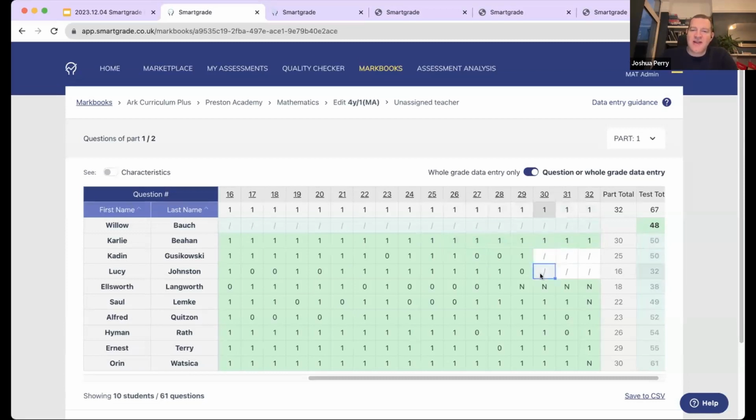Another thing I want to show you is we have this concept of an N grade. You can see we've got an N grade used for a few students here. I'm going to put some in for Lucy here. N means not answered. Wherever anyone hasn't answered a question, you can put in an N. That shows through to analysis, so you can see the difference between questions that people got wrong, things they just didn't answer or didn't have time to answer or just left,